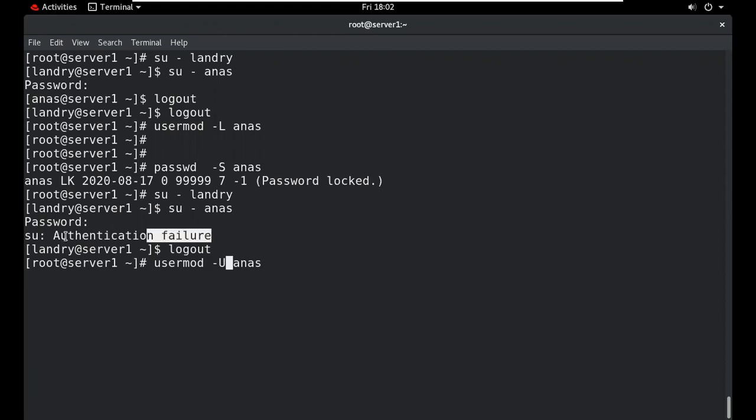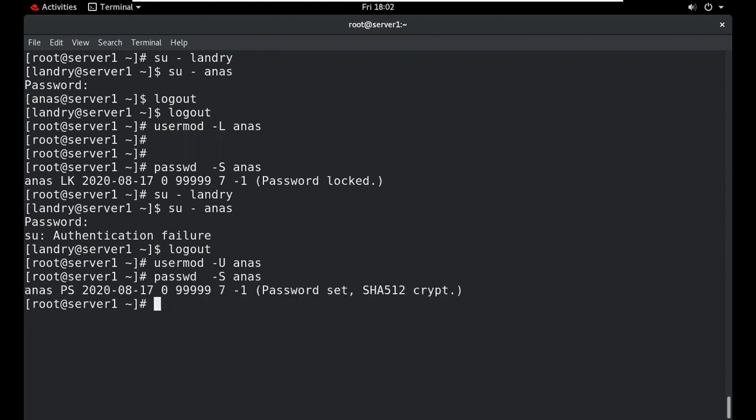It will not show the authentication failure when we unlock this. So we unlock this user, and we can check whether the user is unlocked or not. Now you can check. It's an encryption format, a cryptographic algorithm. SHA encryption will be applied. All the password information is hashed with this particular cryptographic algorithm, so we can't see the password of any user because of this encryption. This is my encryption type.